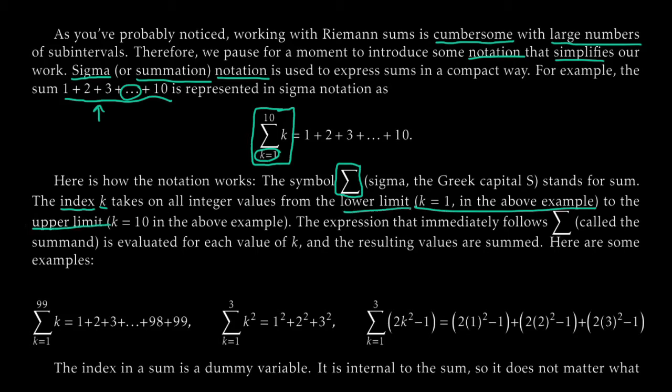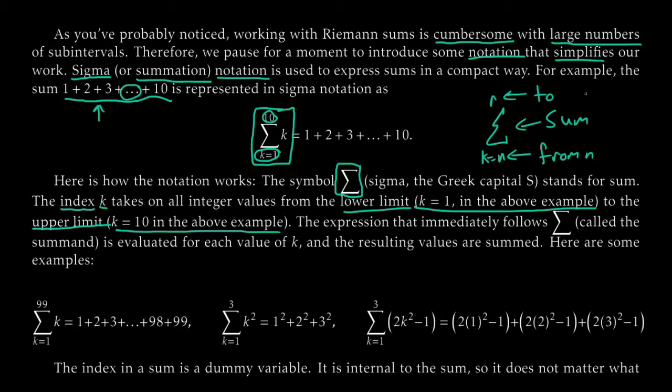So lower limit to upper limit, the upper limit is 10. So we don't write the k equals up top just because we already wrote it down low, but the basic gist, this part says sum, this part down here, k equals n